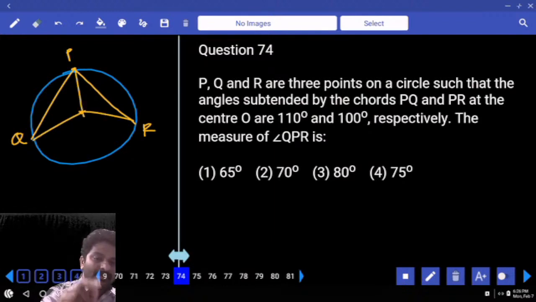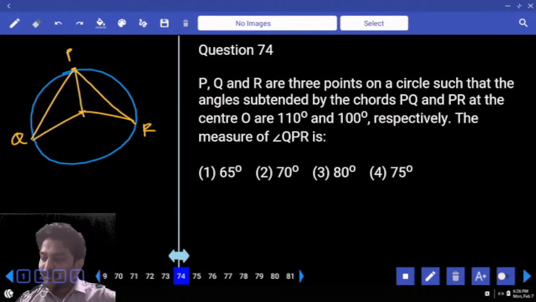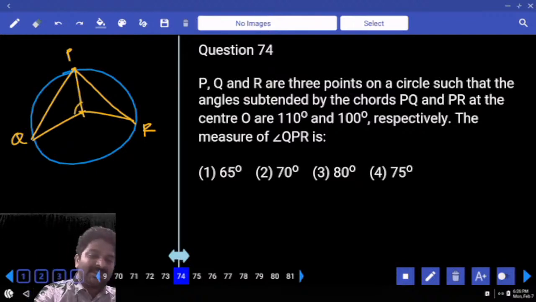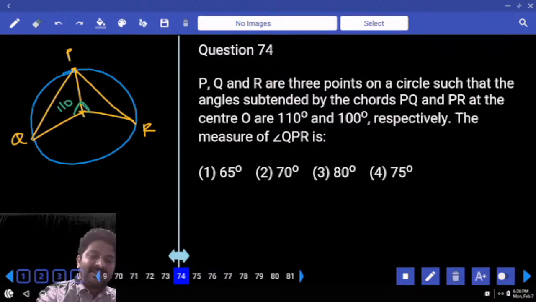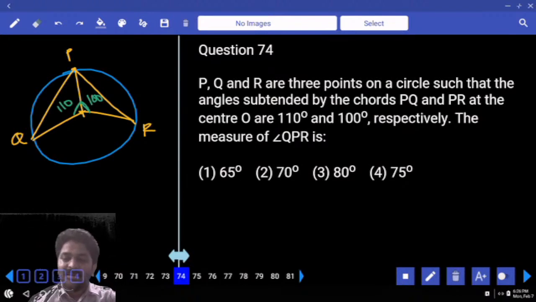So PQ, angle subtended at the center, how much is this mentioned? 110 degrees. PR, angle at center, 100. Then the measure of angle